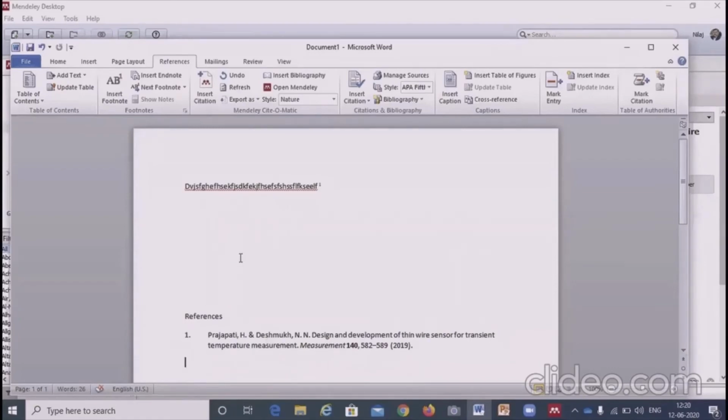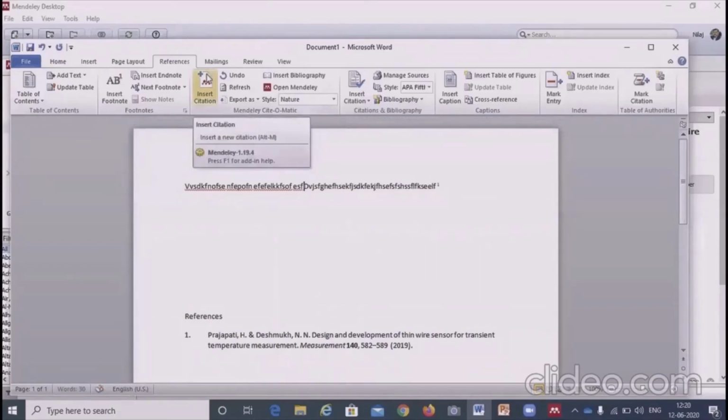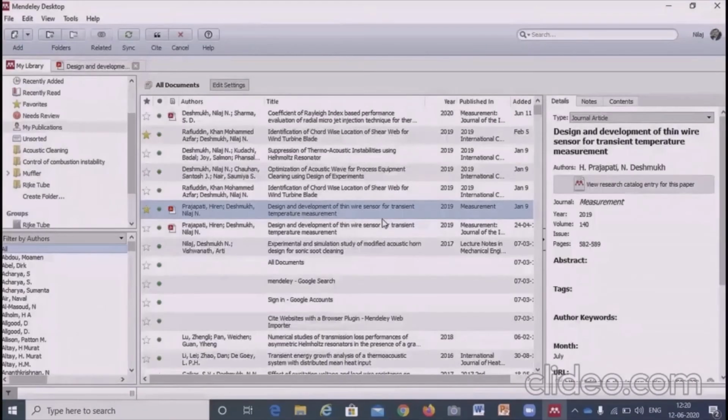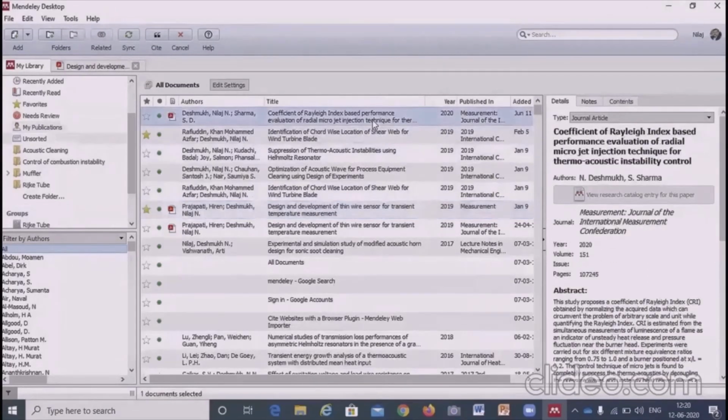Now, let's say I want to do some modification, and I realize that no, before this sentence, some other sentence has to be there. So I'm writing that sentence, and I now want other citations to be inserted. So for that particular sentence, I'm going to insert citation, go to Mendeley, and I'm going to another paper, right? Then again the cite.